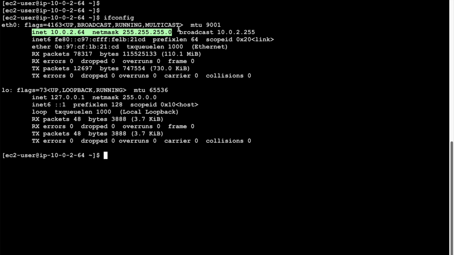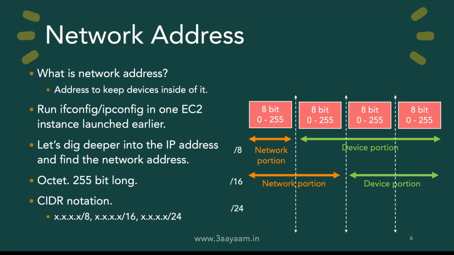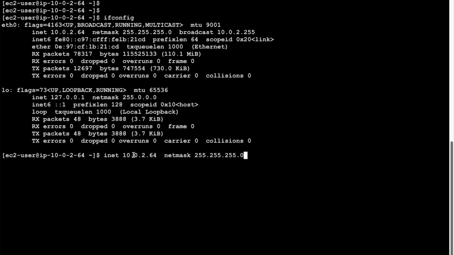So that signifies that all bits actually belong to the network. Then for /24, which is the case that we have seen, the initial 24 bits belong to the network and the last 8 bits belong to the device. So that's why our device number, or the EC2 instance that we have launched inside of that network, whose address is